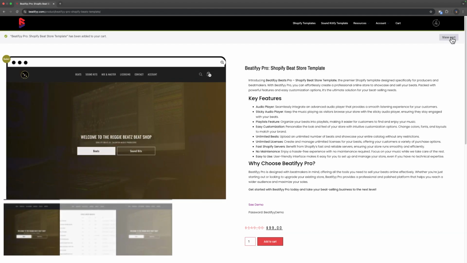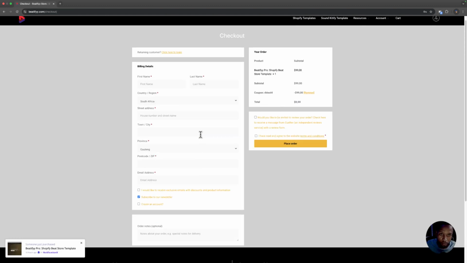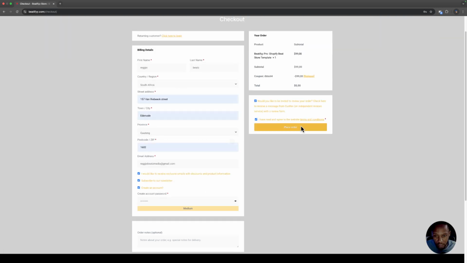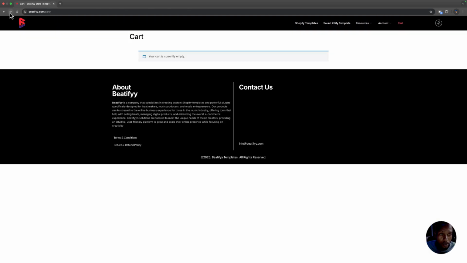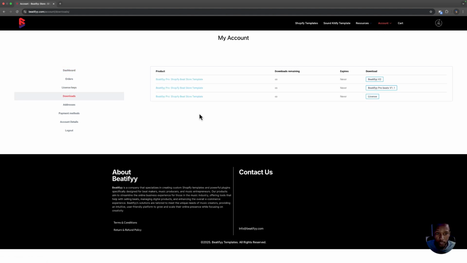Then I'm gonna go to view my cart and I click on proceed to checkout. Then here you must enter your information, but soon you're gonna have sign in with Google, so that's what I'm gonna do. Go and place order. Okay, after when you purchase, just go click on my account and go to downloads, and you will see here